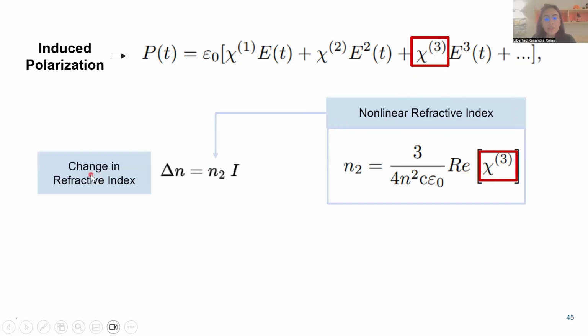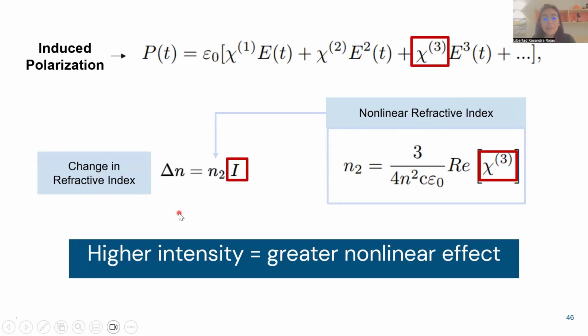And this is related to the change in refractive index, okay? So our nonlinear refractive index is proportional to our change in refractive index, but it's also proportional to intensity. So higher intensity means you're going to have a graded nonlinear effect. That's why at the beginning, in the specific example we saw, I told you that by increasing the intensity, we're able to get a nonlinear response out of our medium. Okay, now